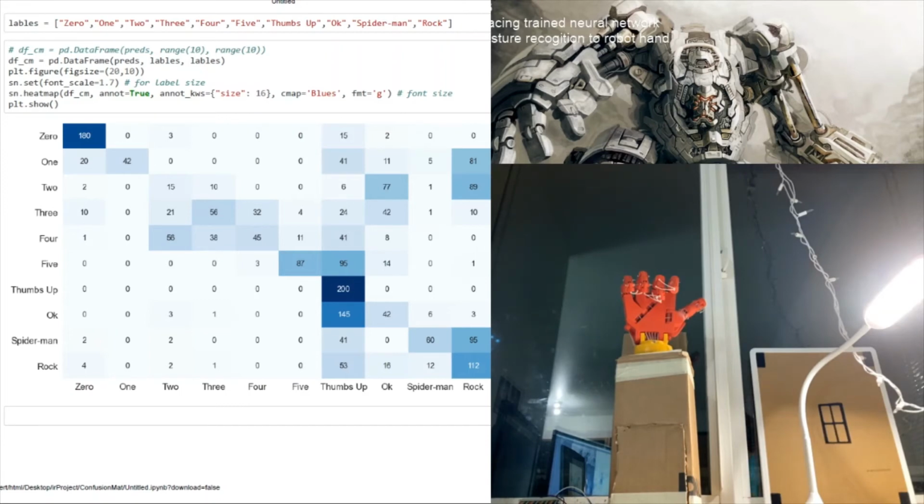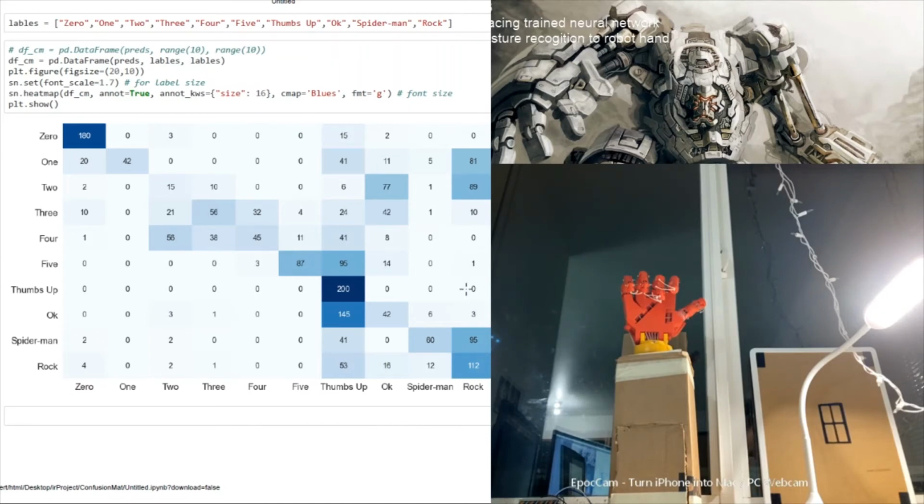The left side shows actual and the bottom shows the predicted. If you can see, 0 and thumbs up are predicted very nicely, and rock is halfway there. But there is a huge error while detecting OK with thumbs up. It detects OK as thumbs up, and there is a huge misprediction with rock.